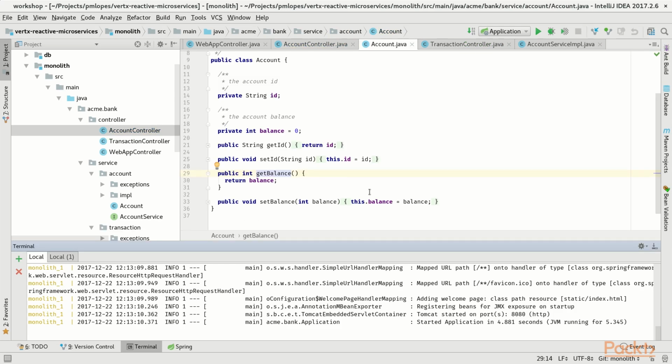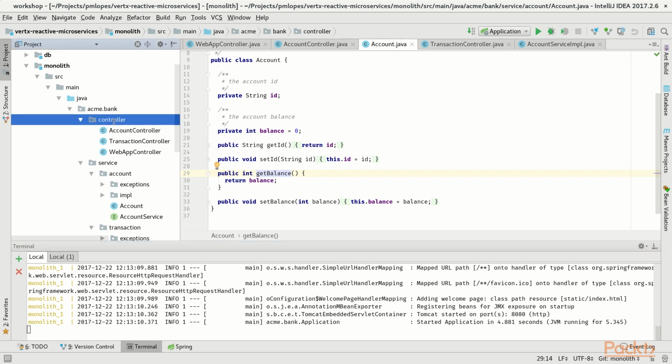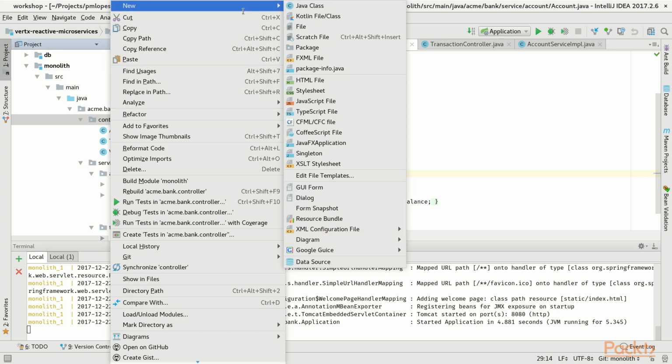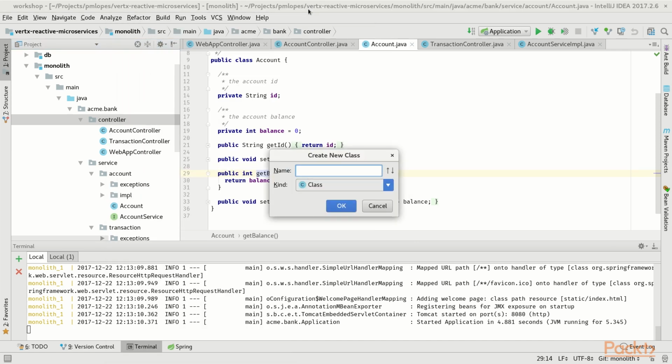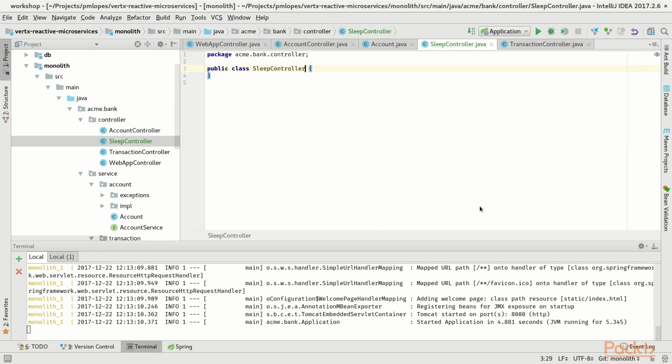Let's understand how responsiveness works by creating a dummy controller whose only role is to sleep. So let's create a controller here. I will create a new class, right click, new Java class, and let's call it the SleepController. This controller will need to be annotated with the Controller annotation. And now we make a very simple request mapping. So let's create